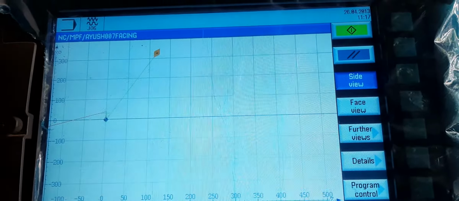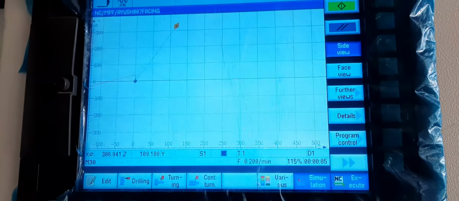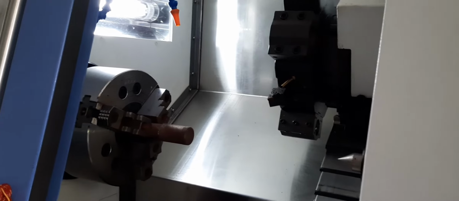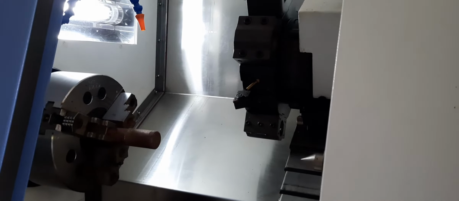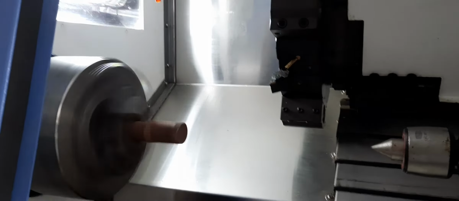So look at that, we are executing it, and now you can see that our program is fed. After that you can see that our job is already fitted. The tool is coming to its position, and now the chuck is rotating at its defined speed, which we fed in the program.